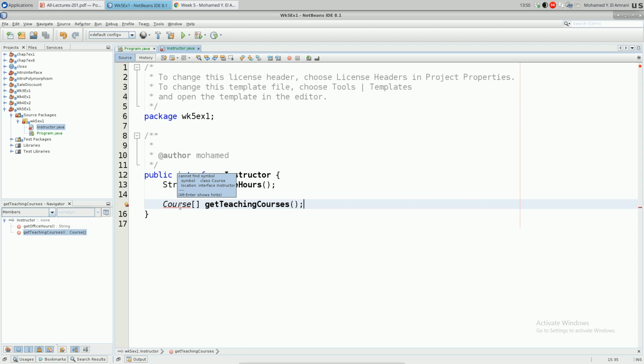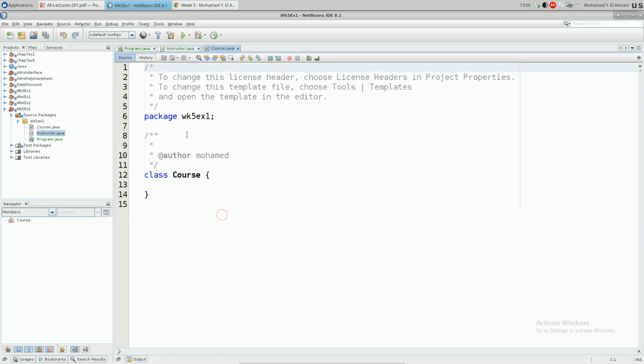So what should I do? I should create a new class called course, and that means it's going to help me here. If you click on this button over here, you click create class, you see there are two options. Create class course in Wk5 instructor, which means I'm going to create a class inside of the class, and this is the topic that we would like to talk about later. Actually, it's inside an interface again, but this is not what we would like to do. We would like to create a new class. So it's going to be a new class in the package this,